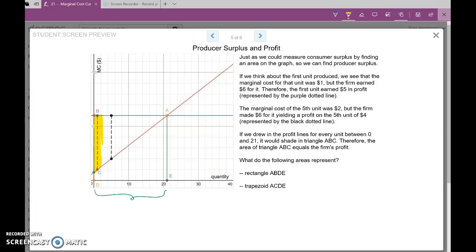As we are continuing to sell units, we are making more when we sell it for $6 and it costs us to make it. So on each unit, we are capturing some surplus, also known as profit on the producer side. And this will continue all the way up to the point where we,